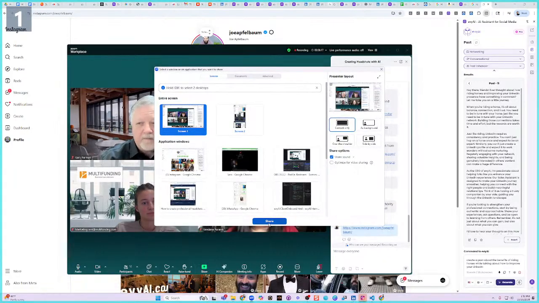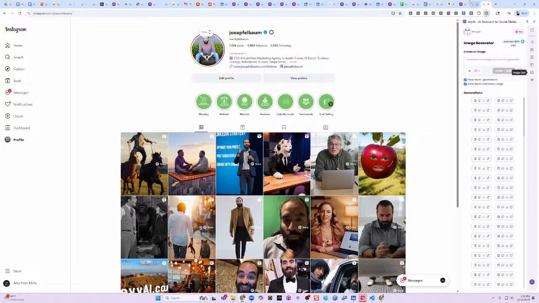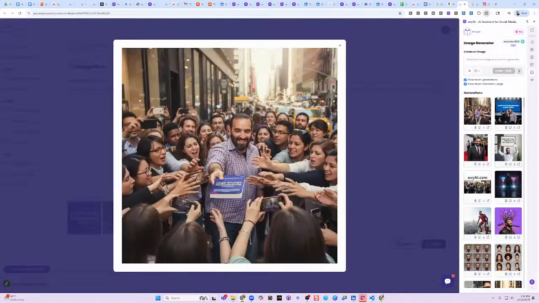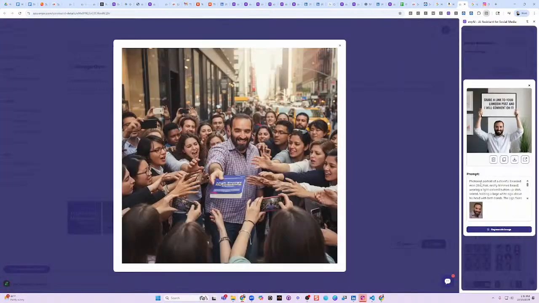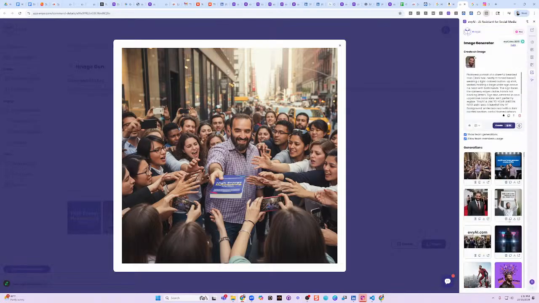Now let me make an image with that exact prompt. Watch this. I'm going to go to Evie AI. I'm going to click on this one here that I'm holding up, and I'm going to say photo real. I'm going to click on regenerate image, which is going to take the same prompt, and instead of saying share a link to your LinkedIn and I'll comment on it, I'm going to say